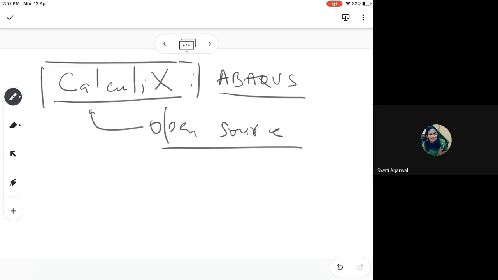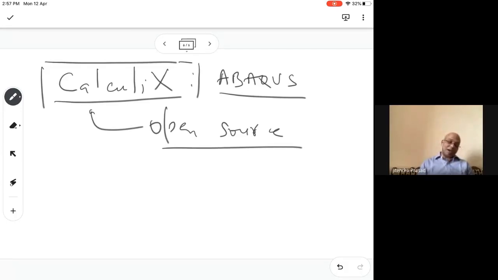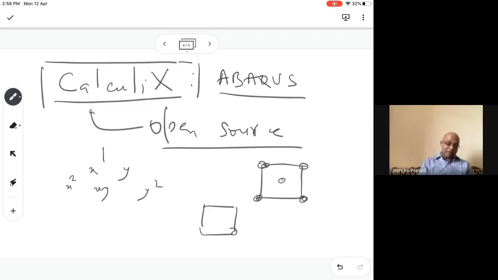It is fine. What I mean is that it should not be all around basically; you can avoid some. So what happens is, let's say 1, x, y, x square, xy, y square and so on, you know. The idea is that if there are only 5 nodes, just looking at it you will know basically that it's 5. So there could be 5 like this or 5 like this one, right?